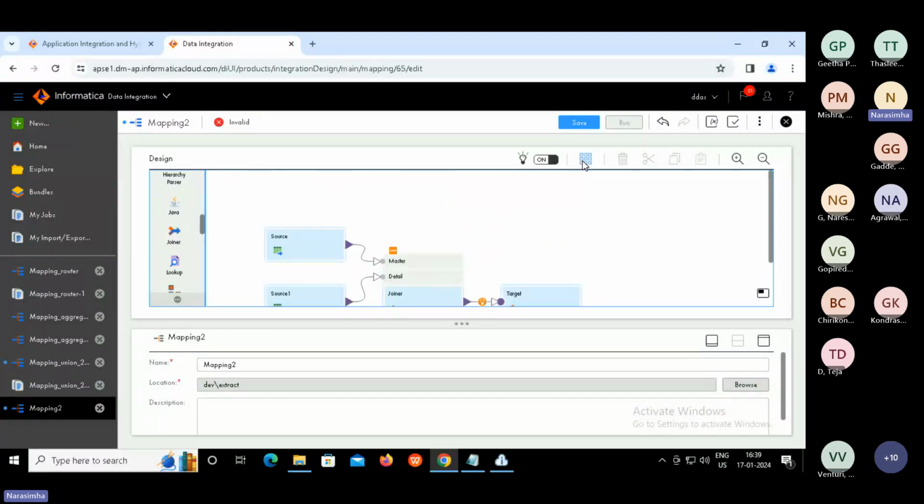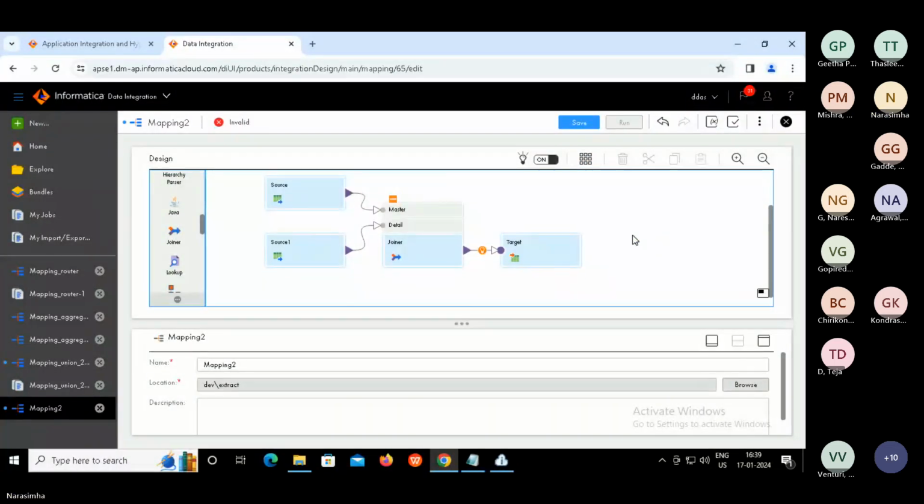Click on arrange all, so it is done properly. Yeah, done guys, all.